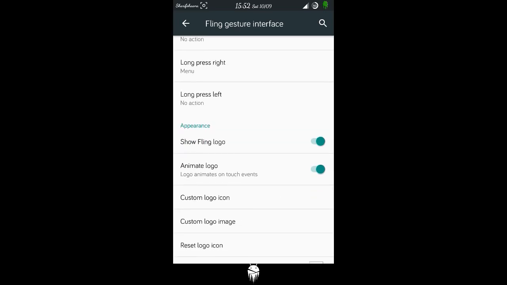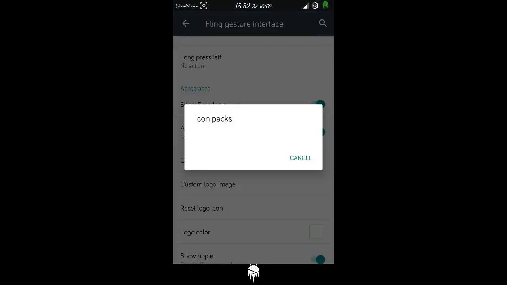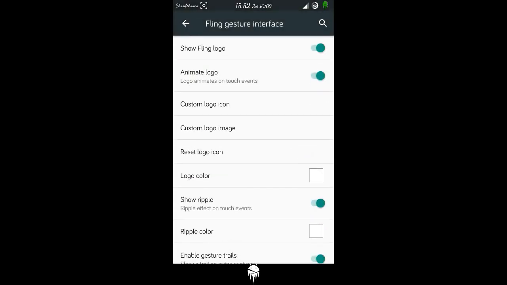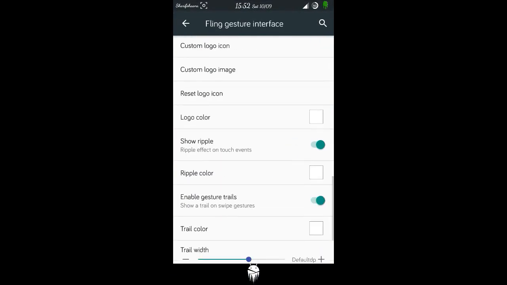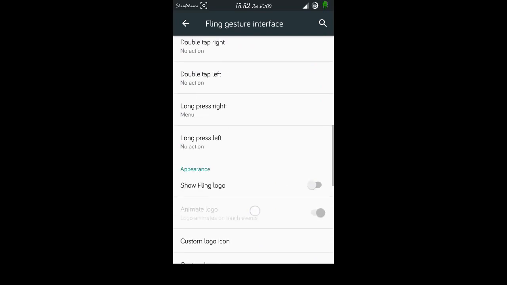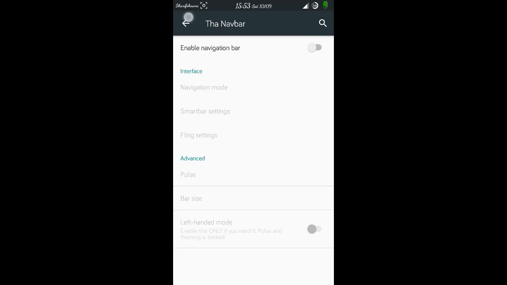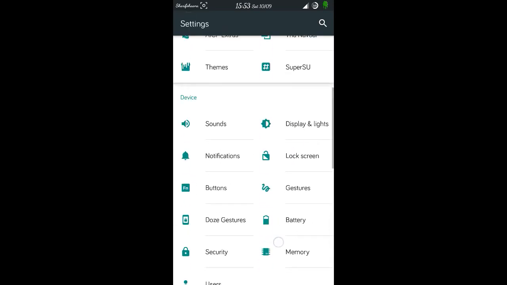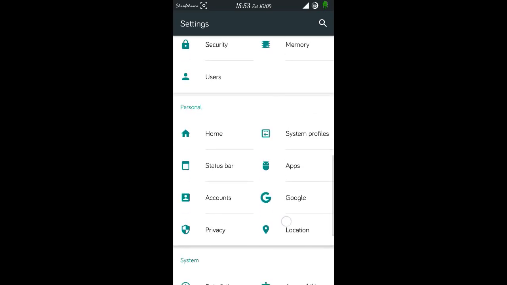Show fling logo if you want. It will show. If you want a custom logo icon, you need an icon pack. Custom logo image, you can set up your image. There are abundant features available in this ROM. Close gestures, security,